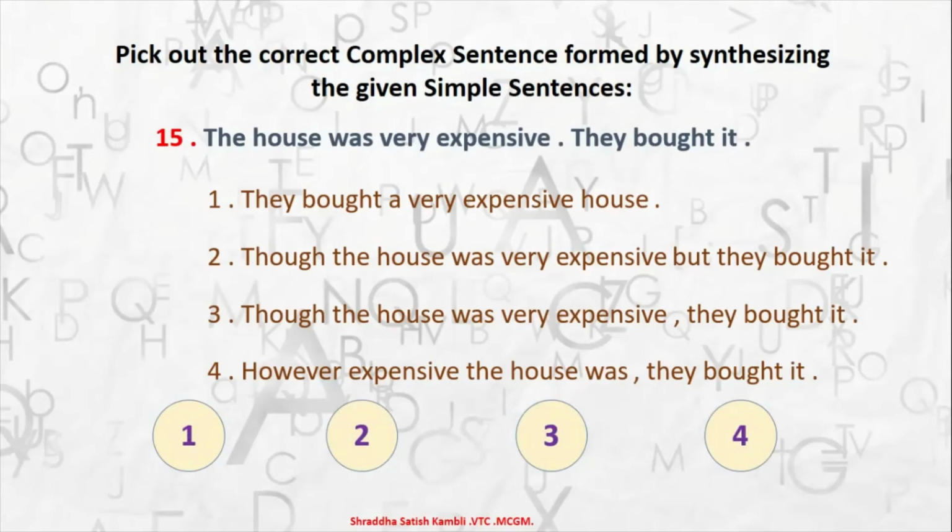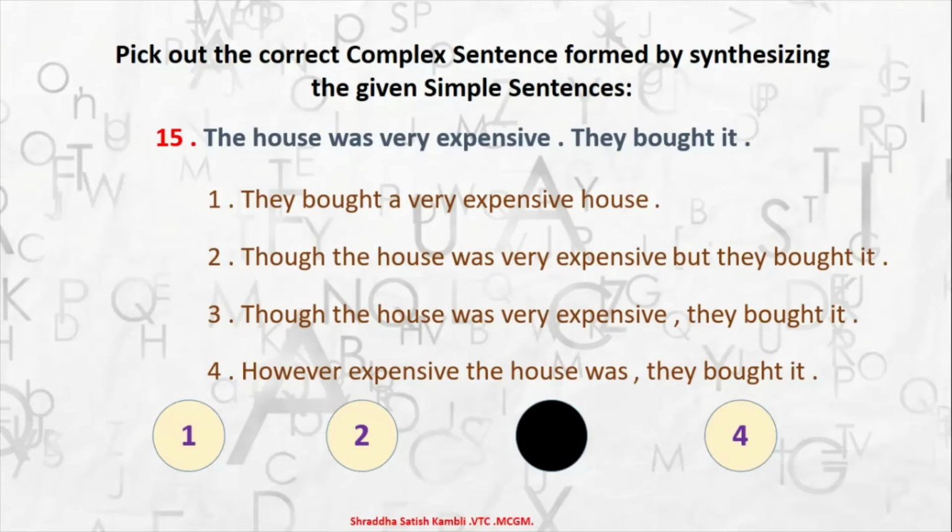So option number 1, 2, 3 and 4. Which one is the correct one? It is option number 3. Though the house was very expensive, they bought it. So they bought it is the main clause. Though the house was very expensive is the subordinate clause. Alright. So these were how you combine two simple sentences to form a compound and complex